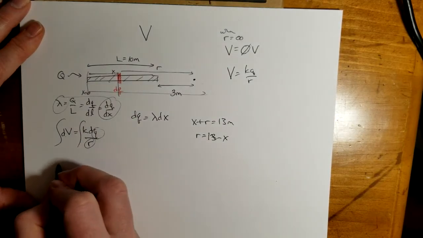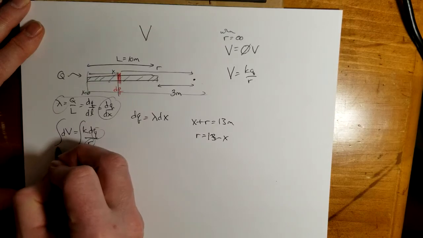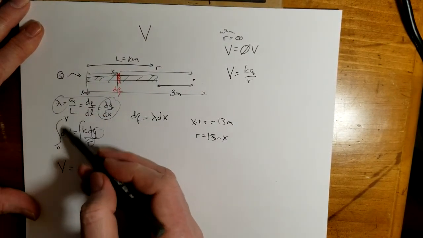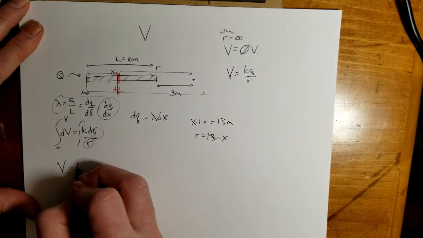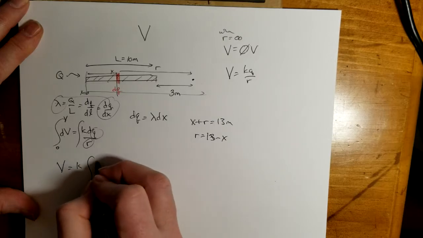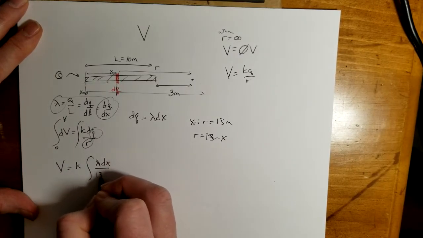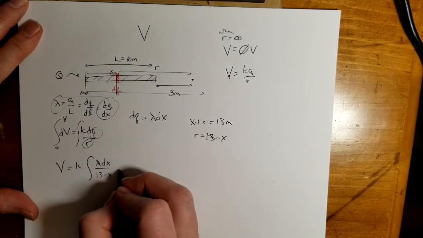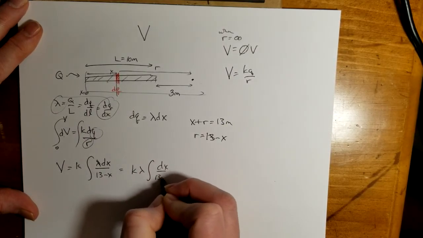So plugging into here, I have V, once I integrate from 0 to V. I know the pure mathematicians really don't like that, but I'm doing it anyway because I'm doing physics. And so k comes out, and dQ is lambda dx over 13 minus x. Lambda is a constant, so I have k lambda integral of dx over 13 minus x,